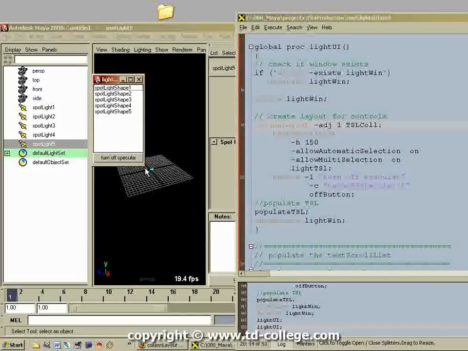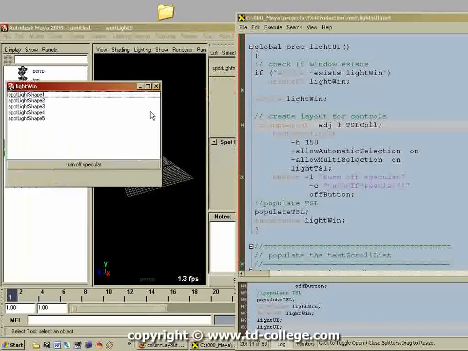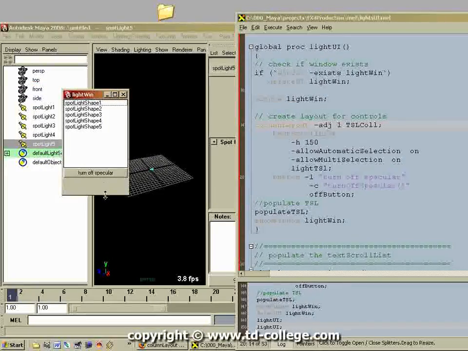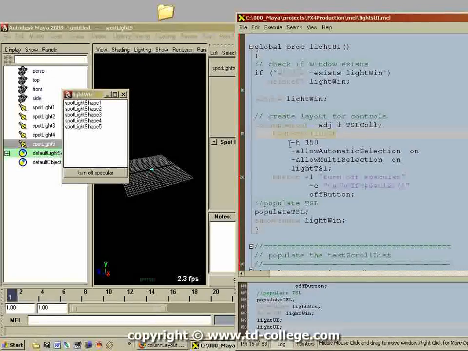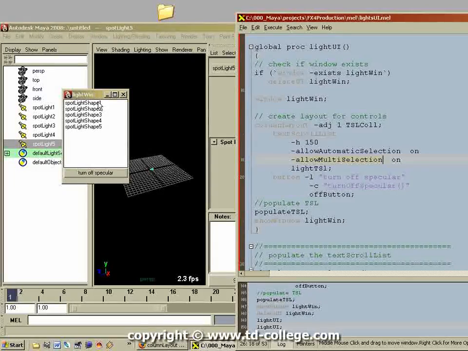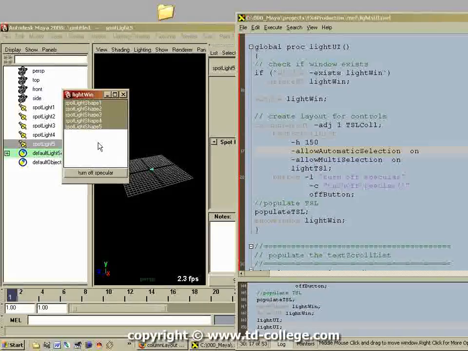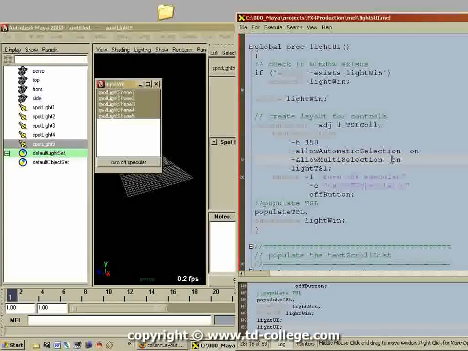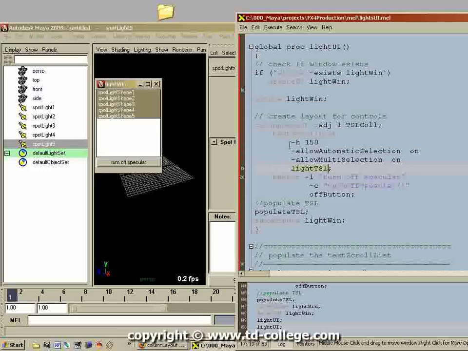I like that, based on the different resolutions that your users might be working on, or if they want to make the window a little bit bigger. Obviously it's nicer if the UI controls move along. What I have done is I have a text scroll list which is 150 pixels high, and I allow for automatic selection and allow for multi-selection. What that means is that you can select more than one item in there. That is this one, allow for multi-selection. And allow for automatic selection means that the user can drag over the items, and then that will automatically select or deselect the items. So I have turned both of those on, and then I give my control